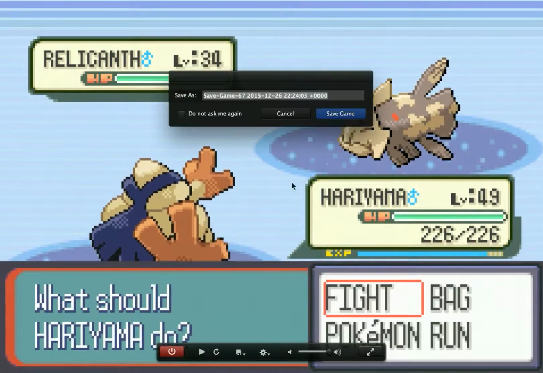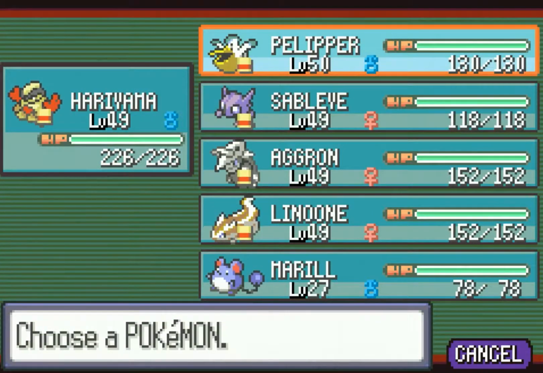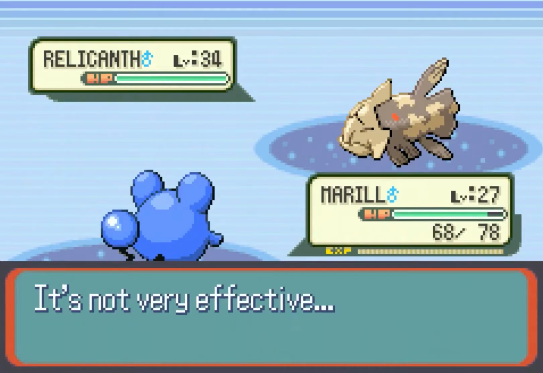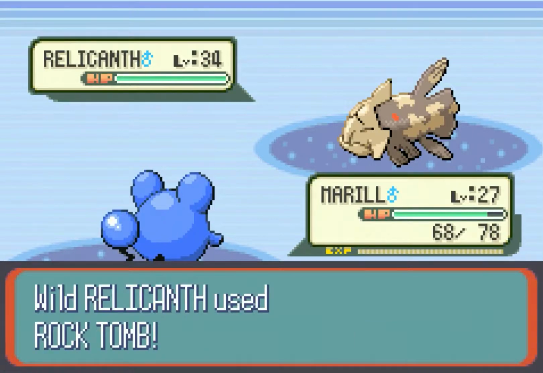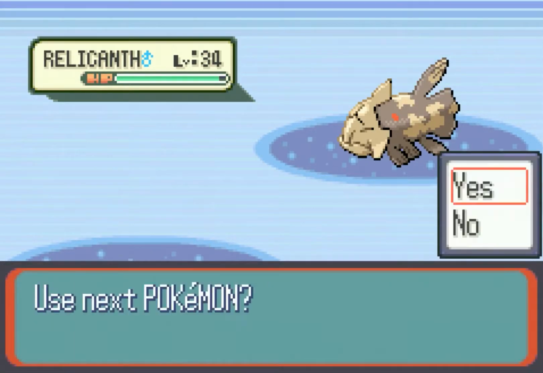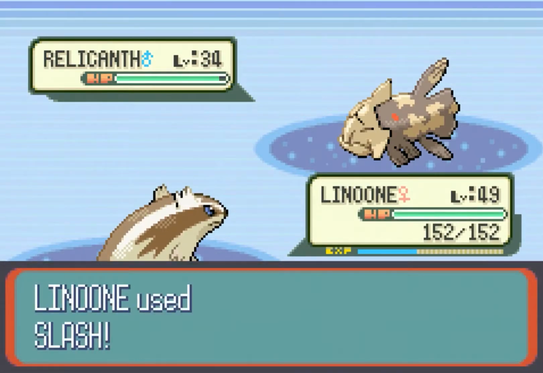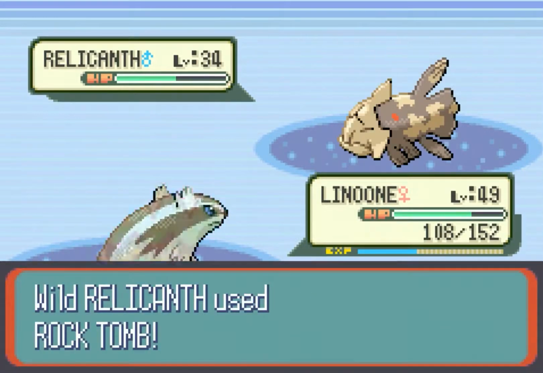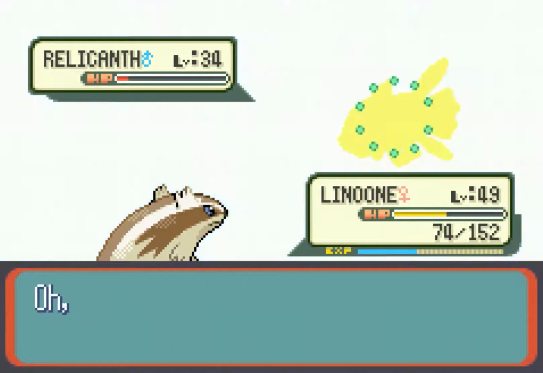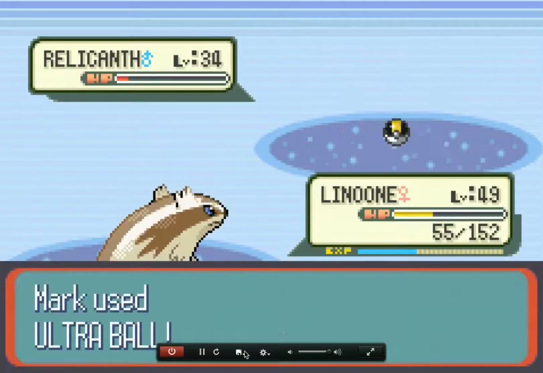So, again, we are going to save immediately. And now we can realise that both of our moves are super effective. Relicanth is Water and Rock. If I had a Fire-type move, that would be amazing, because that would obviously be completely neutral. We can go into our Marill here and we can use Bubble Beam. That shouldn't really do anything. It does nothing. Absolutely nothing. Wow, I did not expect that to do so little. We can go to our Linoone here and we can Slash. That's going to be resisted as well. This is super high defense, it seems. Anyway, I'm going to take it down low. I'm going to start chucking Ultra Balls at it. Wow, not only is it that, but it also seems to have a very high catch rate. So we're just going to...